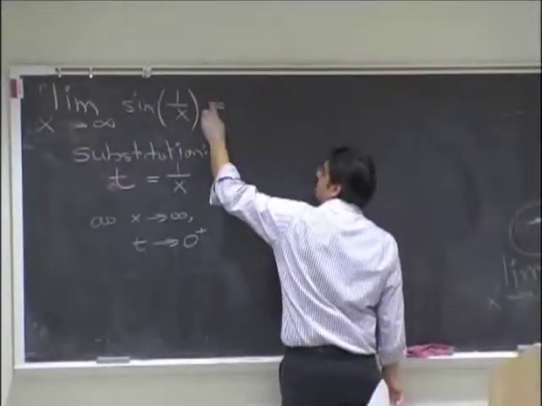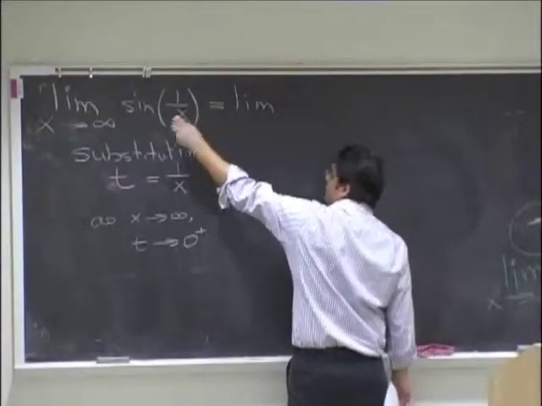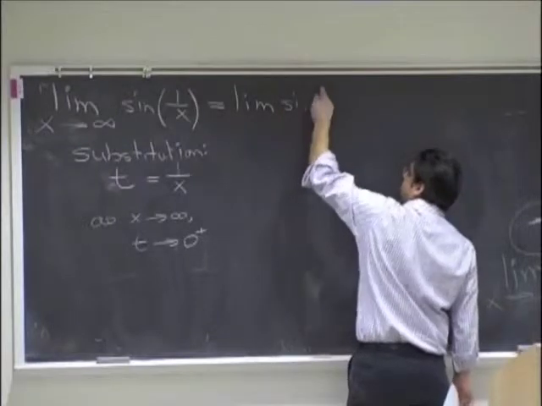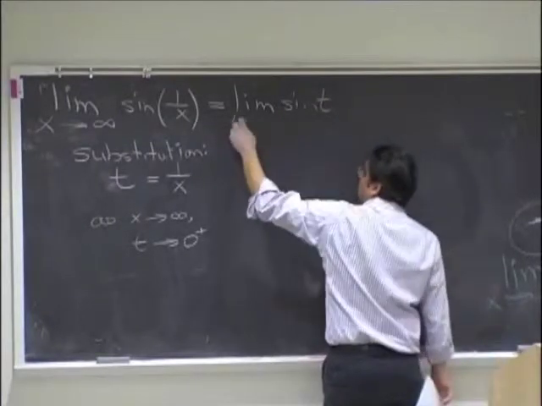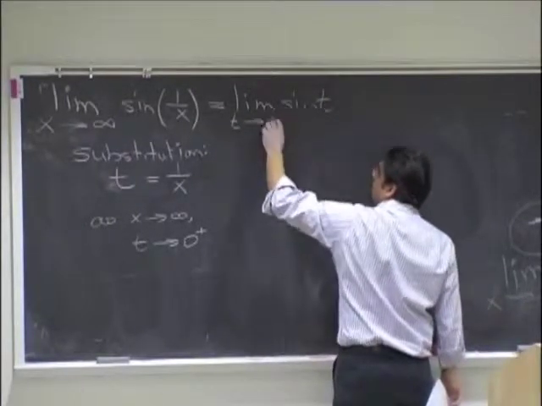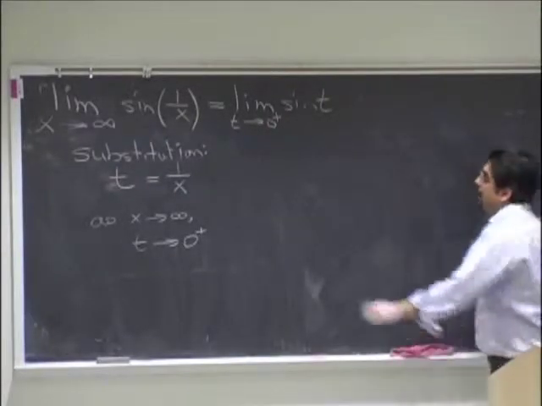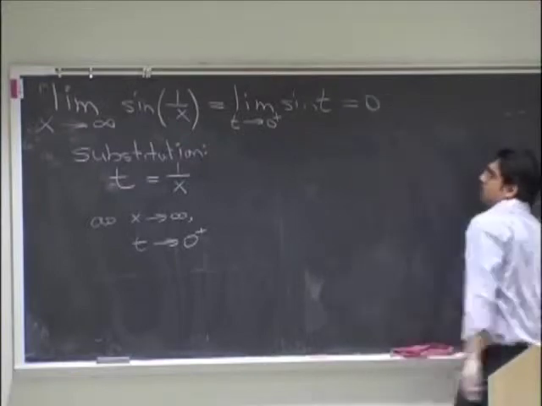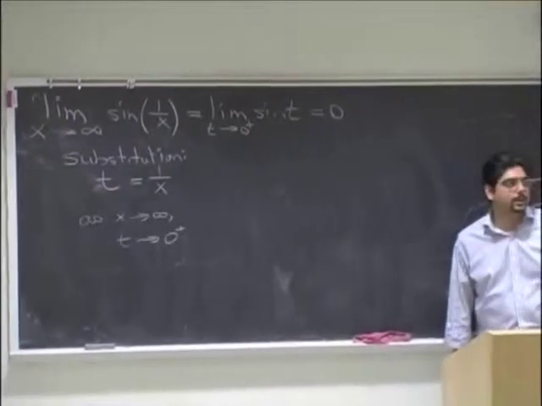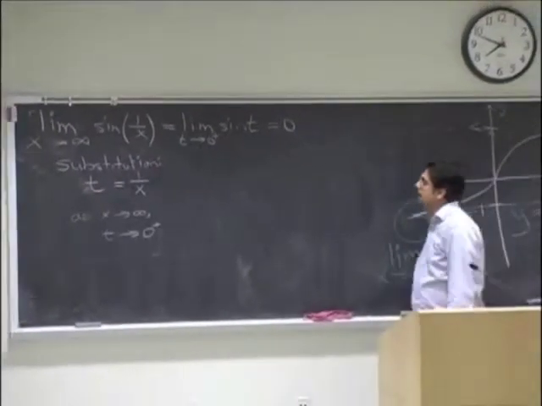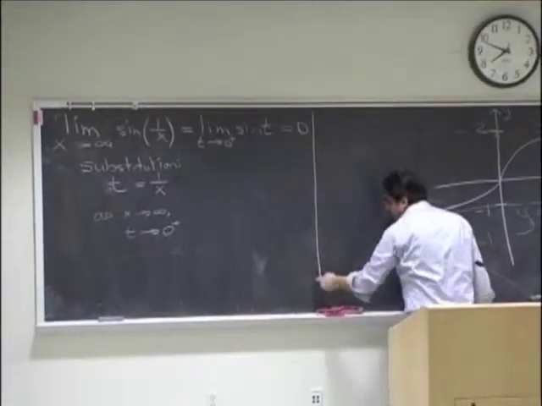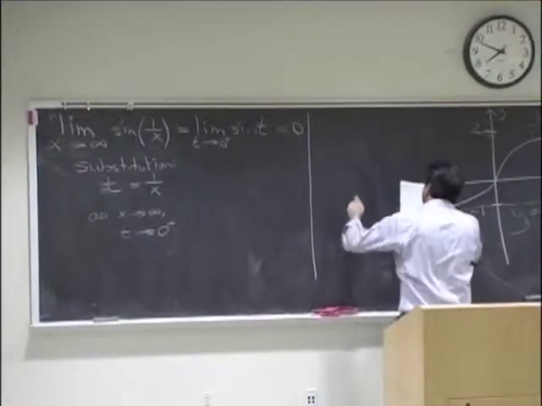So, if you make that substitution here, you can say sine of 1 over x is the same as sine t as t goes to 0 from the right. Right? And that's, of course, sine of 0 is 0, so that gets close to 0. Maybe not very instructive there, but definitely for this next example,